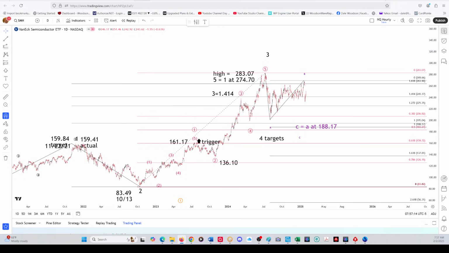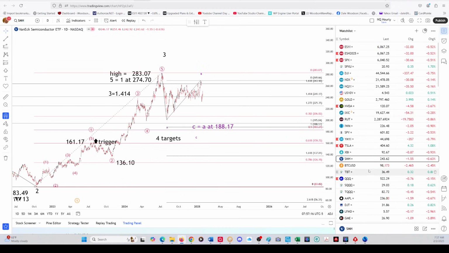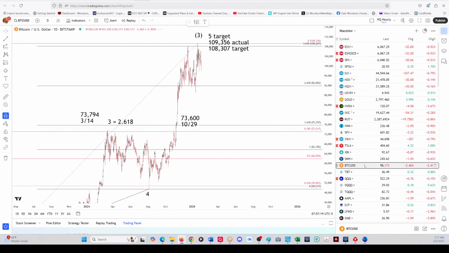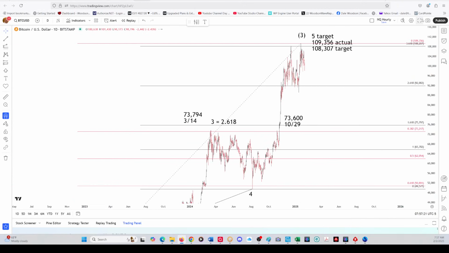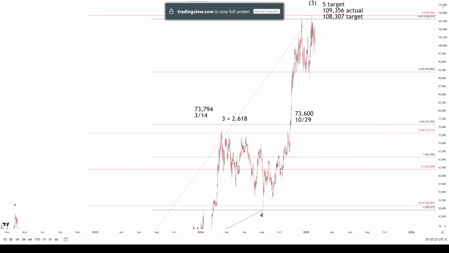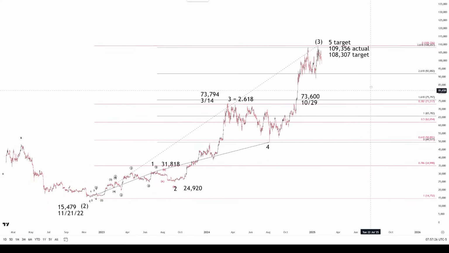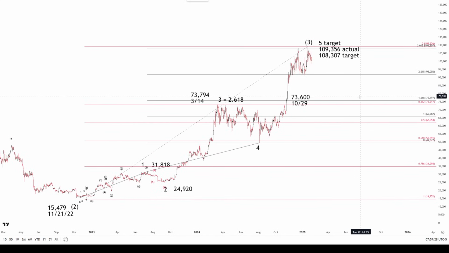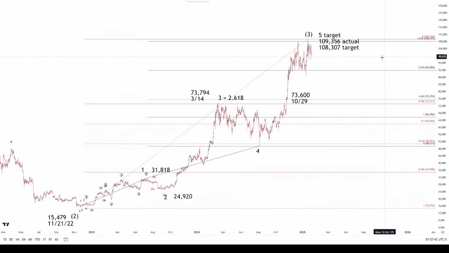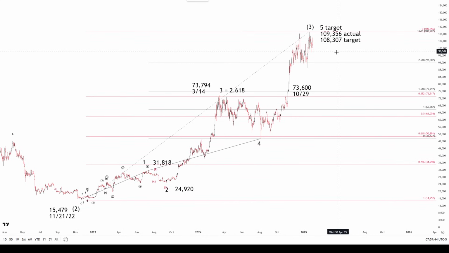Okay, moving along, our fourth one on video on demand is Bitcoin. We'll make this bigger. A lot going on here. Okay, Bitcoin is a lot like Tesla. It goes parabolic. Okay, from that wave 2 low, we've got a 1 up, a 2 down, a 3 up, a 4 down. The 5 target was 108,307, and the actual was 109,356. It still could go higher, but we're looking for a correction if this high holds,